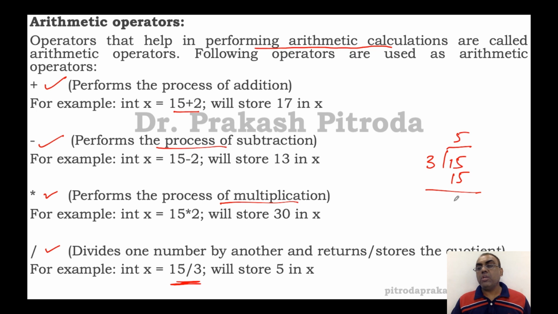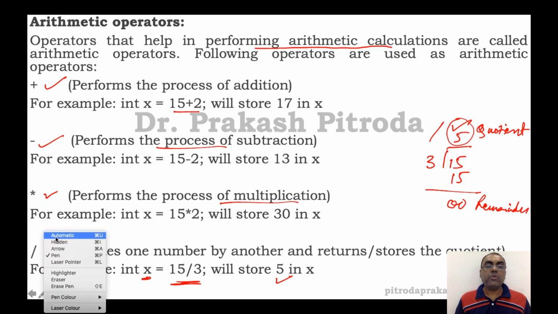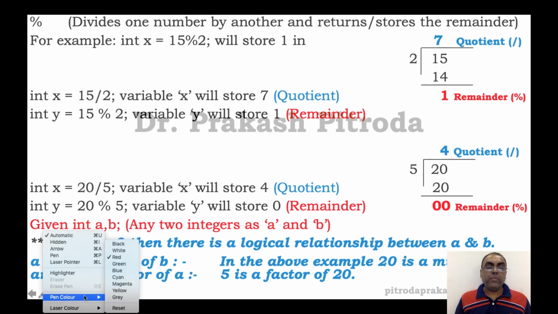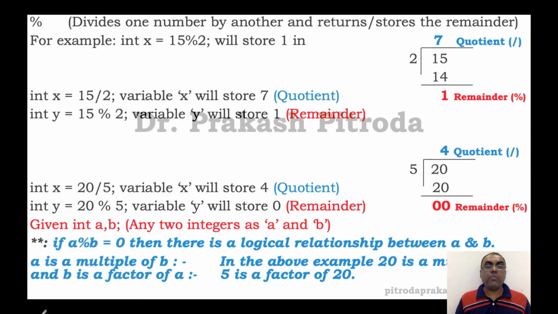Alright, so division is the only place where you will have two parts, the quotient and the remainder. The quotient part, if you want to store it, you use the slash sign. So automatically x is going to store this part of the expression. So 5 is stored. And the last and new operator from the programming point of view that we have is going to be your